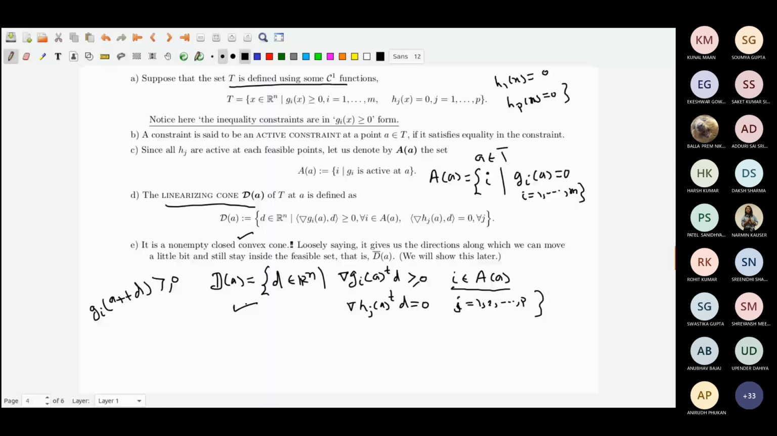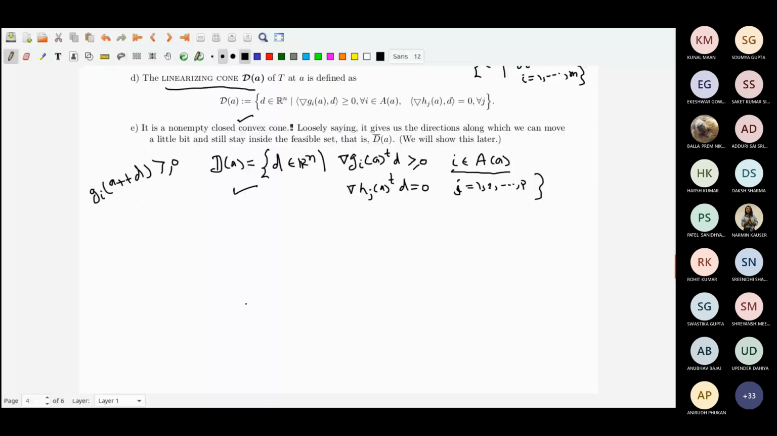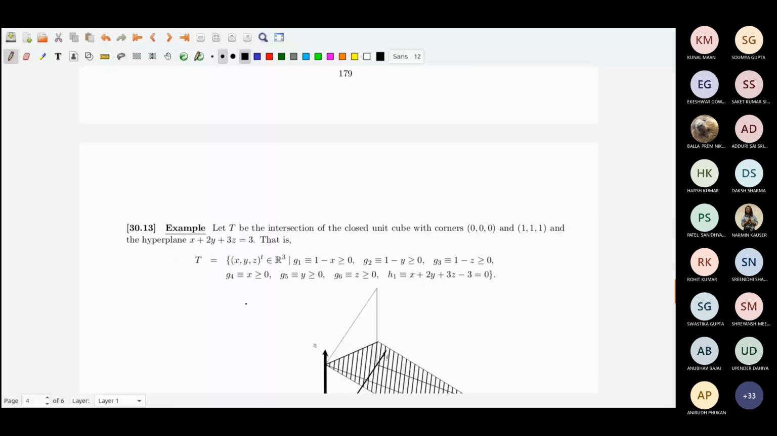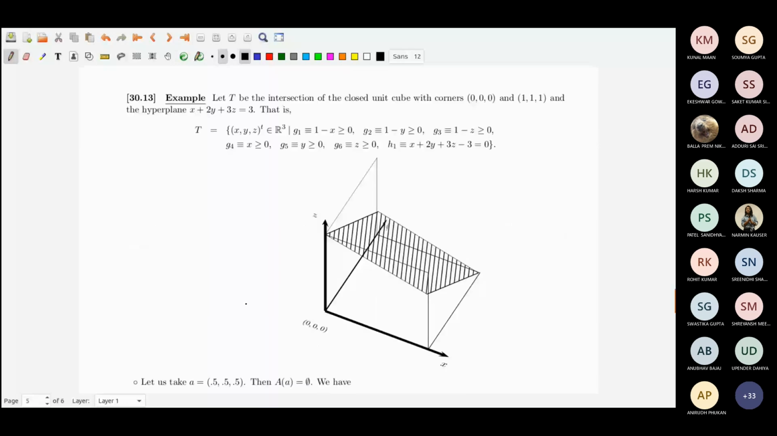Before that, let me take one example. So what is the T? Now T is the intersection of the closed unit cube with corners at the origin and (1, 1, 1), with sides E1, E2, E3,